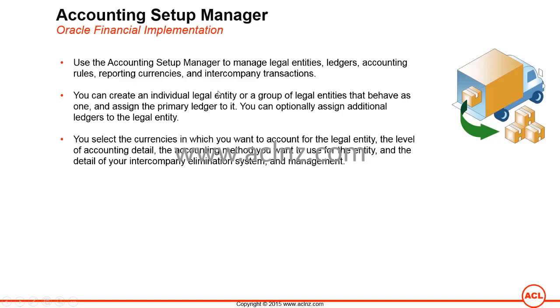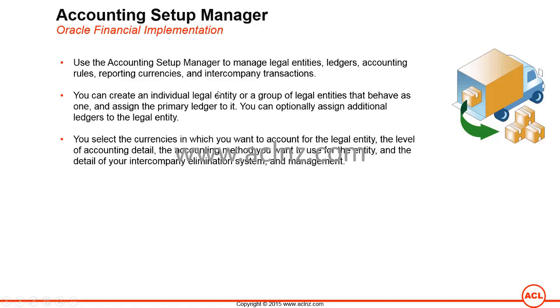For example, one company is in New Zealand, another is in Australia, so they would probably need separate primary ledgers because they may have separate statutory requirements and maybe different currencies within their ledgers,